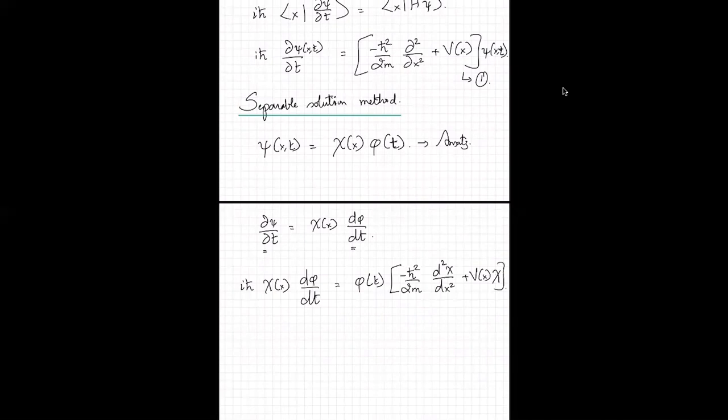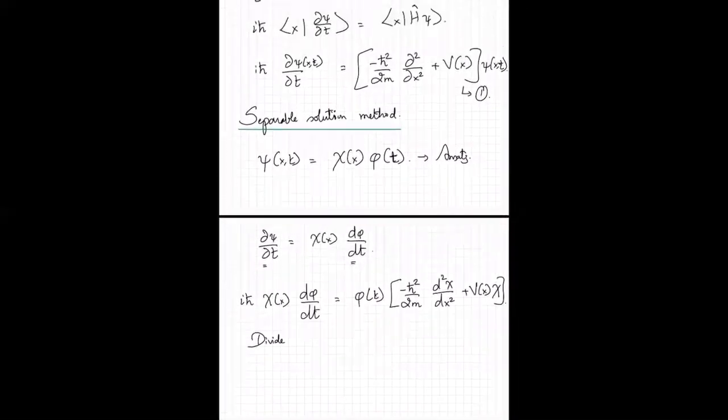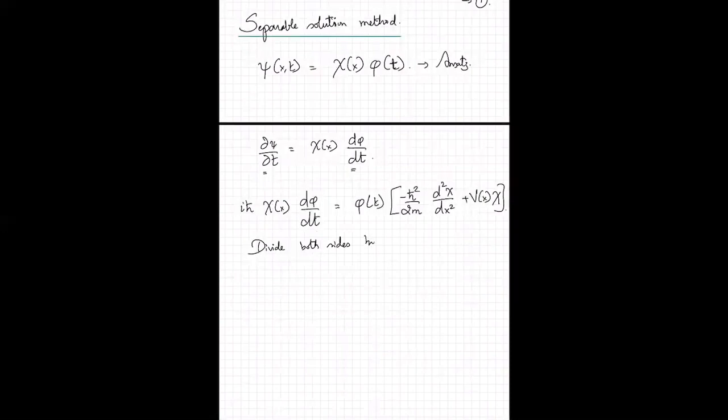Now, I'm going to divide both sides of this equation by psi. And this very simple step actually helps us to solve this equation remarkably. Divide both sides by psi, which is equal to chi times phi. If I divide both sides by chi times phi, on the left-hand side the chi goes away and I get 1 over phi of t d phi dt equals, on the right-hand side the phi goes away and I get only chi